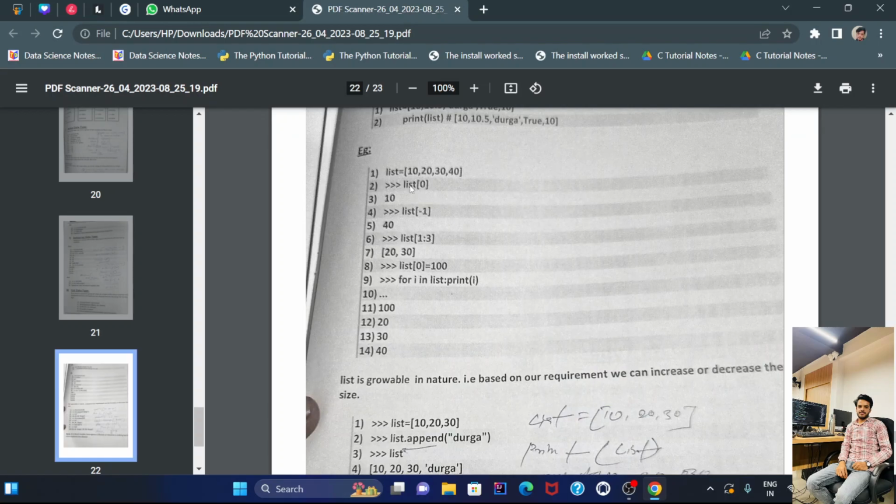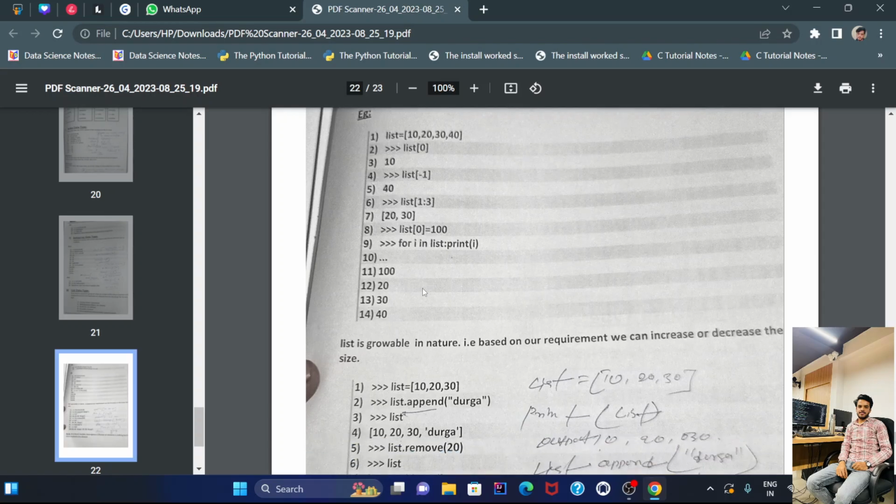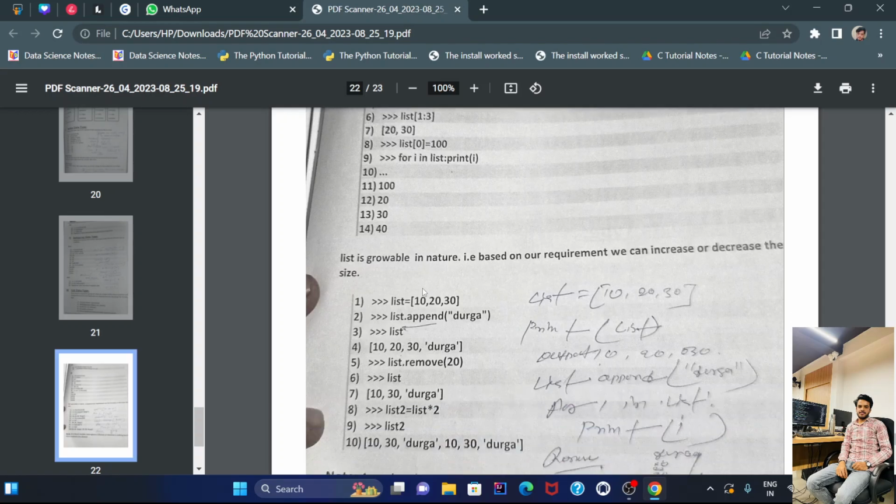So how you can access the list by using the index. list[0] represents the element at index zero, and -1 represents the backward direction. And [1:3] is a slice that starts from one and ends at three. This you can change. It's a mutable type, list. So this is the mutable type, where we can update or change the value.